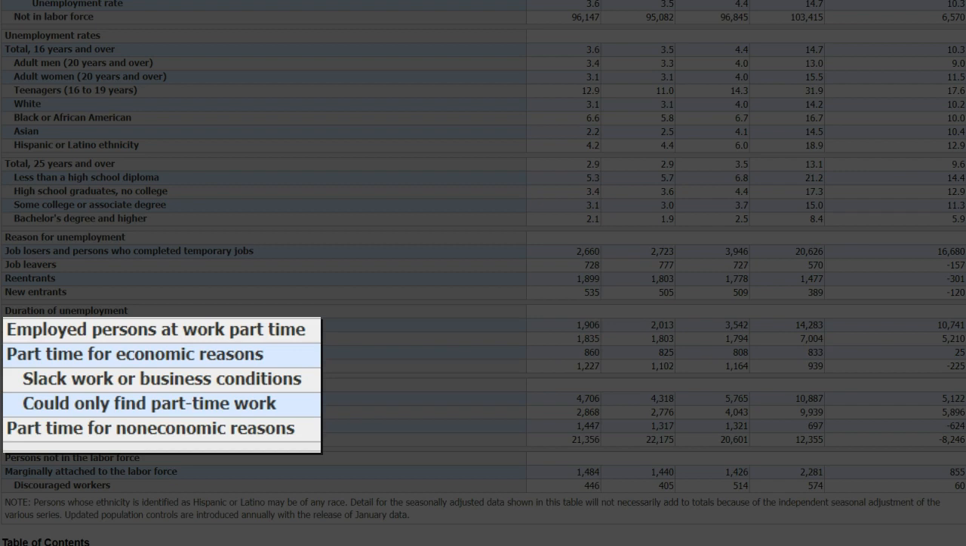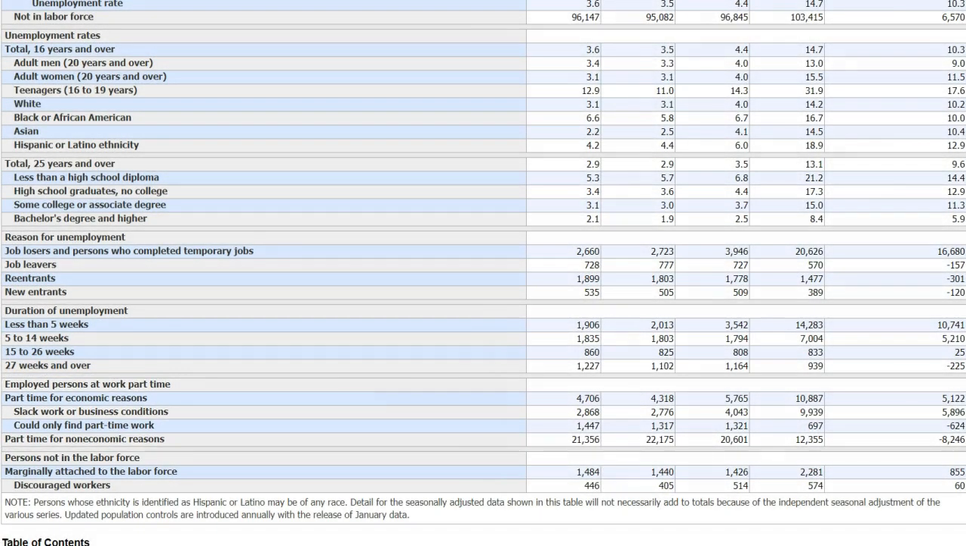So these are people that would prefer to work full-time, but for some reason they are only able to find part-time work. And it's subdivided into slack work or business conditions and could only find part-time work. So it'll be interesting to see, as the months wear on, if this part-time for economic reasons really starts spiking if people are only able to find part-time work. Because remember, the part-time workers are not counted as unemployed, so they're not going to show up in the unemployment